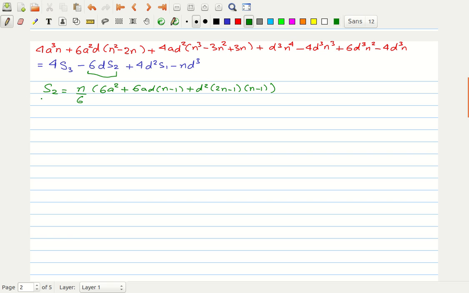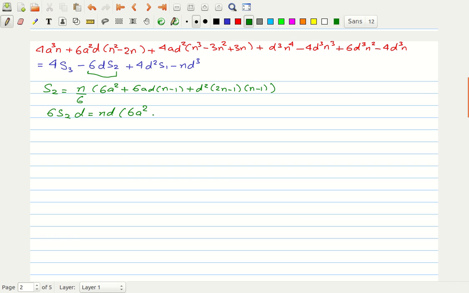If you want to see the derivation of this formula, I recommend that you watch the previous video. Now, if this is S2, what is 6 S2 times d going to be? All I do is I just multiply this by 6 and d. So 6 and 6 will cancel and you will be left with nd times